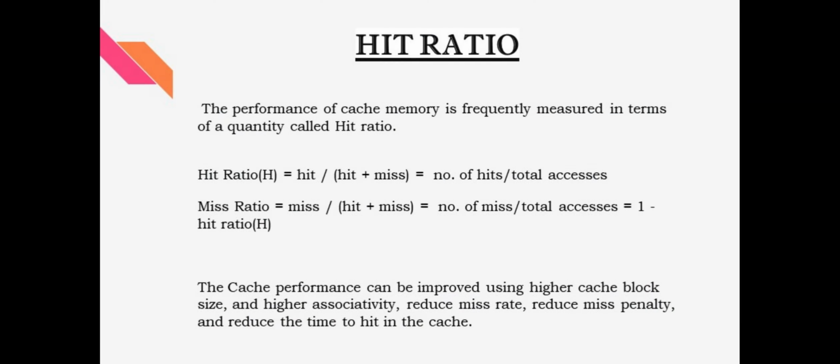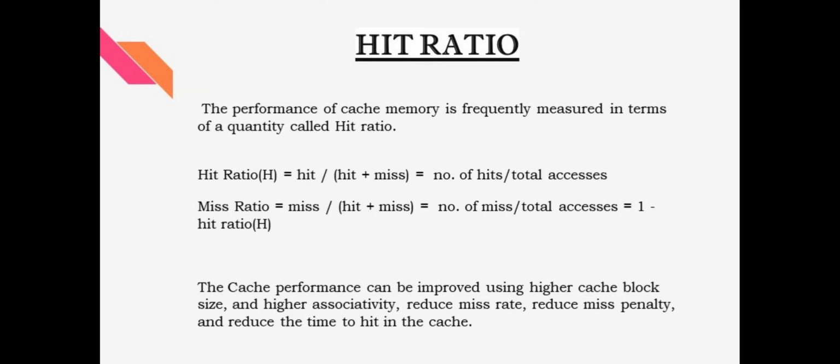Hit ratio. The performance of cache memory is frequently measured in terms of a quantity called hit ratio. The formula for hit ratio can be given as: hit ratio equals hit divided by hit plus miss, equals number of hits divided by total accesses. The formula for miss ratio equals number of misses divided by hit plus miss, equals number of misses divided by total accesses, which is also equal to 1 minus